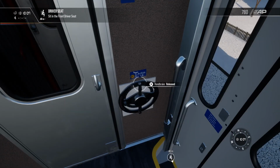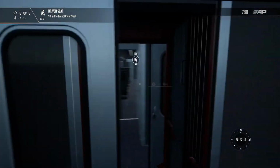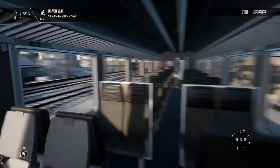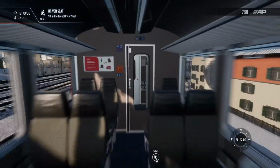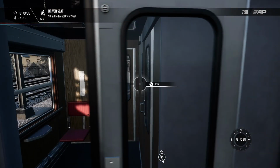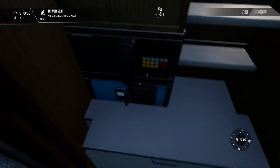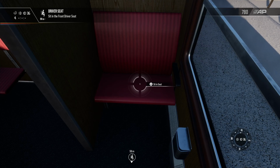I think that's the handbrake, isn't it? Yeah, it's the handbrake. Have we got any adverts in here? What have we got? No, just the shop, I think it is. Yeah, that's a bit of a shame. I think this is the brake van, where obviously the guard sits with all his little bits and bobs. Nice little compartment. Seats are a bit...